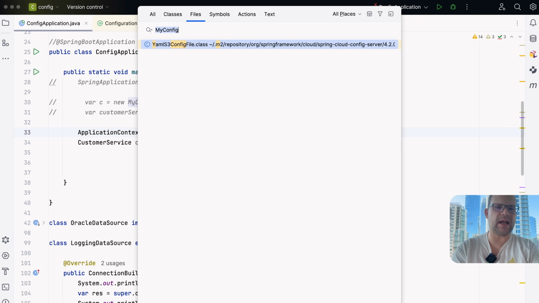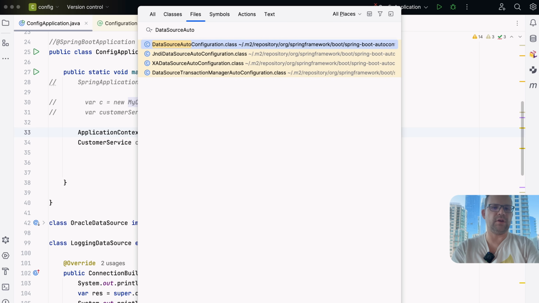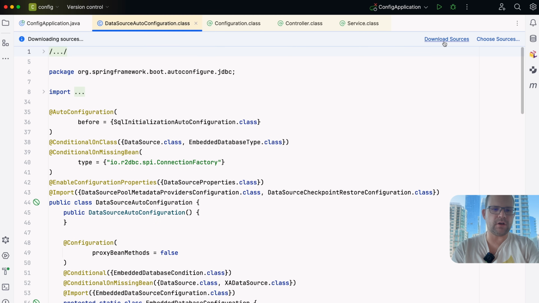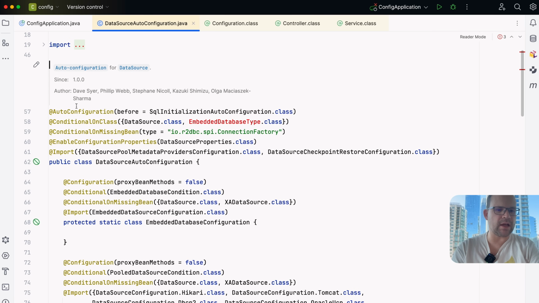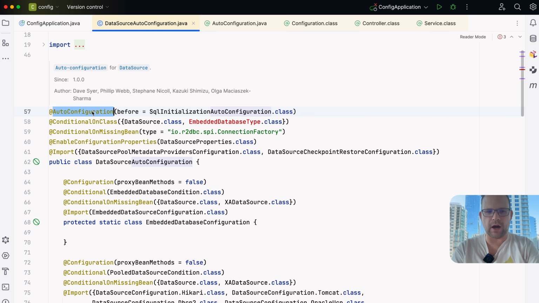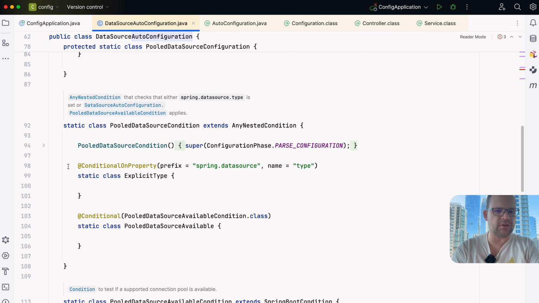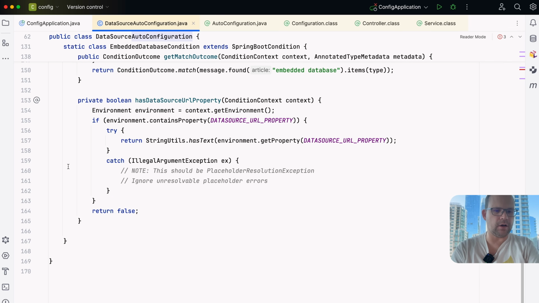So for example, on the class path, we have a data source auto configuration. If you look at this code, this is just a regular configuration class, right? It's actually annotated with configuration. So it's a meta annotation. It's an auto configuration, which is itself @configuration. And we see in there, we have all these bean definitions, right? Well, we have a lot of other stuff in here as well, but ultimately,